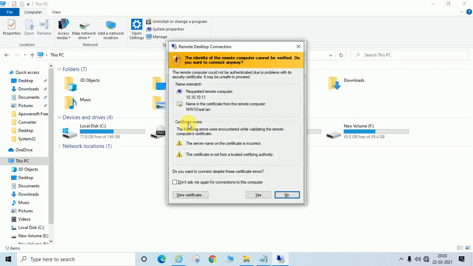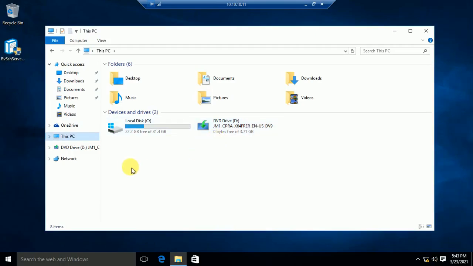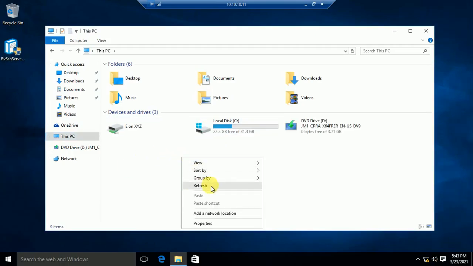It is connecting, click on Yes. Now I'll refresh it here.